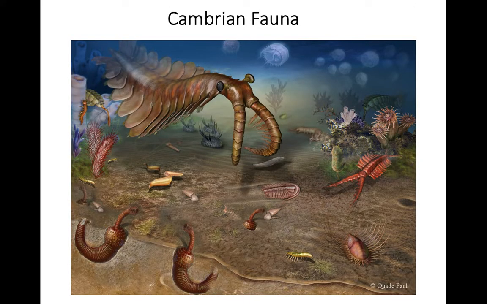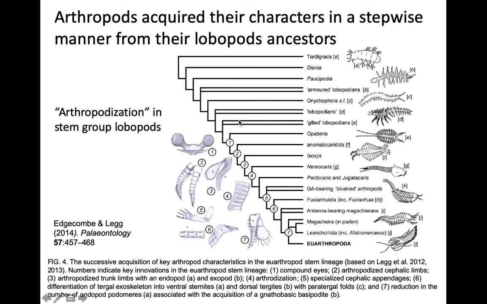Here's another depiction with a different set of animals. Again, whether these are really arthropod or arthropod-like is subject to some debate. But whatever their actual classification, we can see that arthropods acquired their characteristics in a stepwise manner from their lobopod ancestors. And by lobopod, we mean an organism like an onychophoran that doesn't necessarily have jointed appendages, but they do